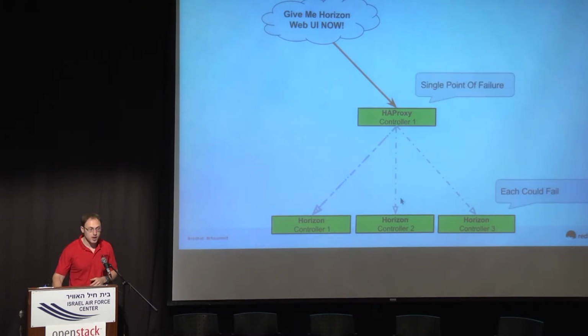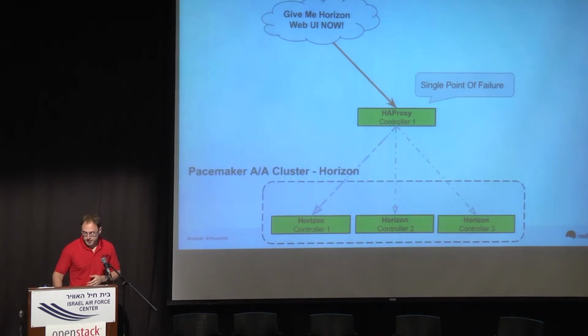But now, HA proxy of its own, it's a single point of failure of its own. And in addition to that, also the Horizon servers are also single points of failure. For example, if one host goes down, I'm remaining with 2 hosts, right? And if another host goes down, then suddenly that host becomes the single point of failure. So what we're doing is basically we're constructing an active-active cluster using Pacemaker around those Horizon